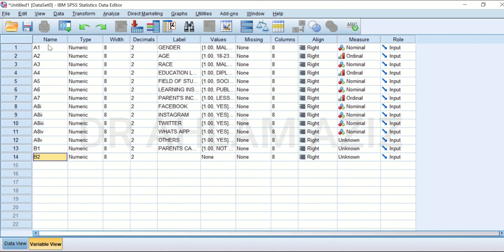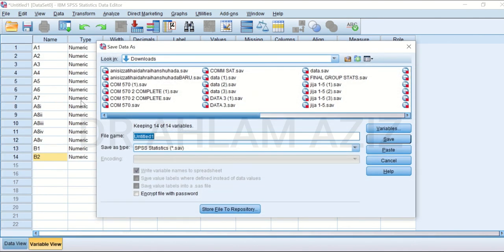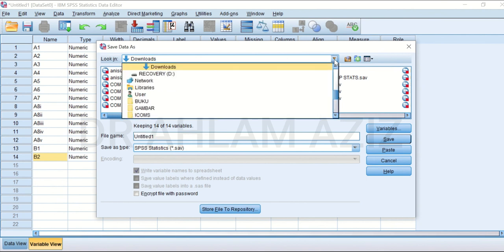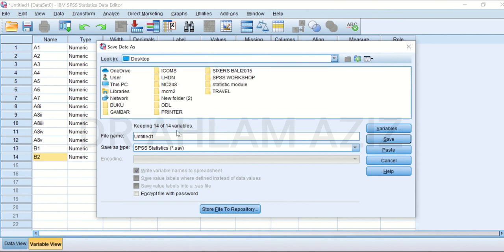If you want to save your file, bring your cursor to file, save as, then the column look in, search for the platform for you to save your file. My advice is you choose desktop, then the column for the file name, untitled, delete it, and name your file, for example com570. Then